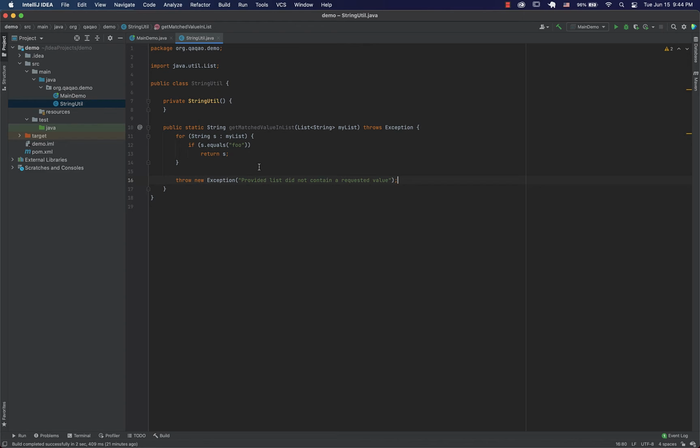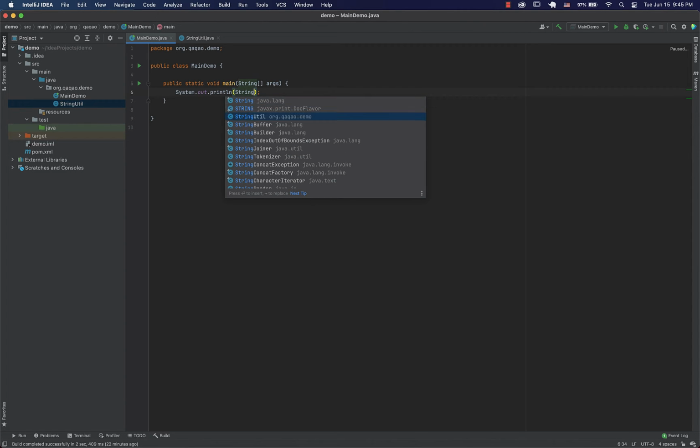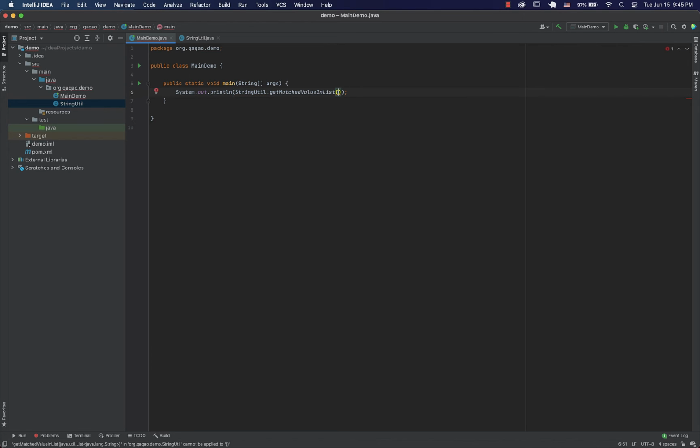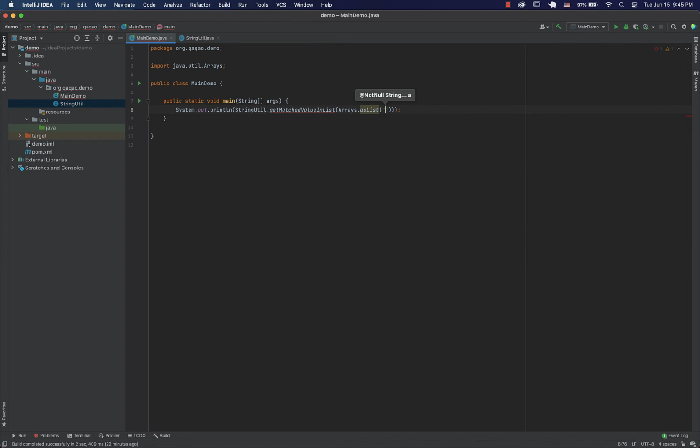Now, when we talk about the consumer, so let's say we would like to use this method in our main demo class and do something like, let's output string with you dot getMatchedValue, Arrays.asList,